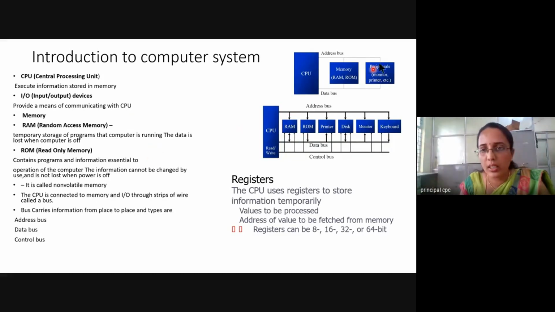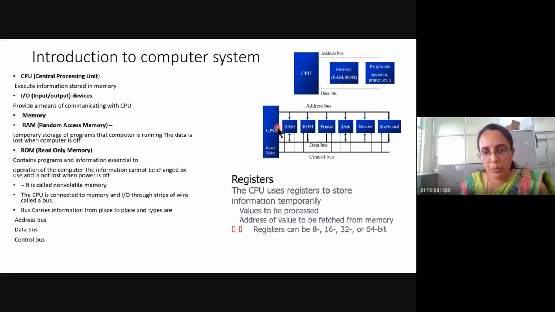And all these components are connected to the CPU, the Central Processing Unit. All devices, memory and peripherals will be connected to this CPU using buses. A bus will carry information from one device to another. Here you can see there are three buses: address bus, data bus, and control bus. The address bus is considered unidirectional, data bus is considered bidirectional, and control bus is also unidirectional.